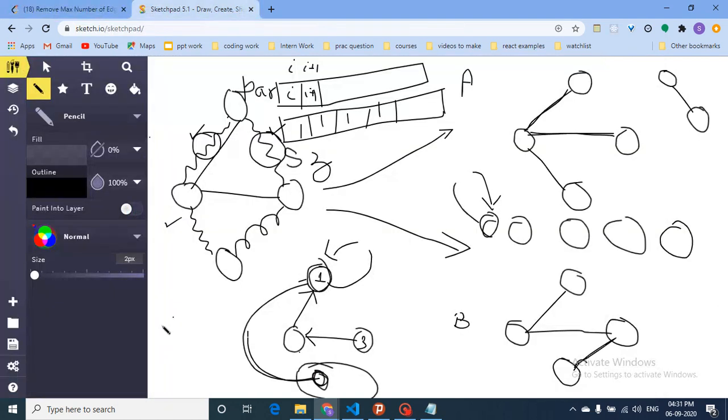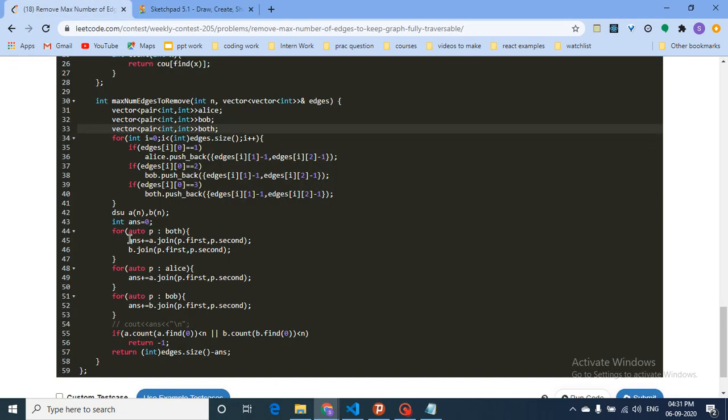Also, as you can see, let's assume that we have three nodes, everything is connected by both, which is of type 3. If I connect this node, then I connect this node, we don't actually have to connect this node because this actually forms a singular component only. Adding this edge will not help us in any way. So that's what we are doing. This plus answer will only increment if we add an edge to our graph, and then we actually form two graphs, A and B.